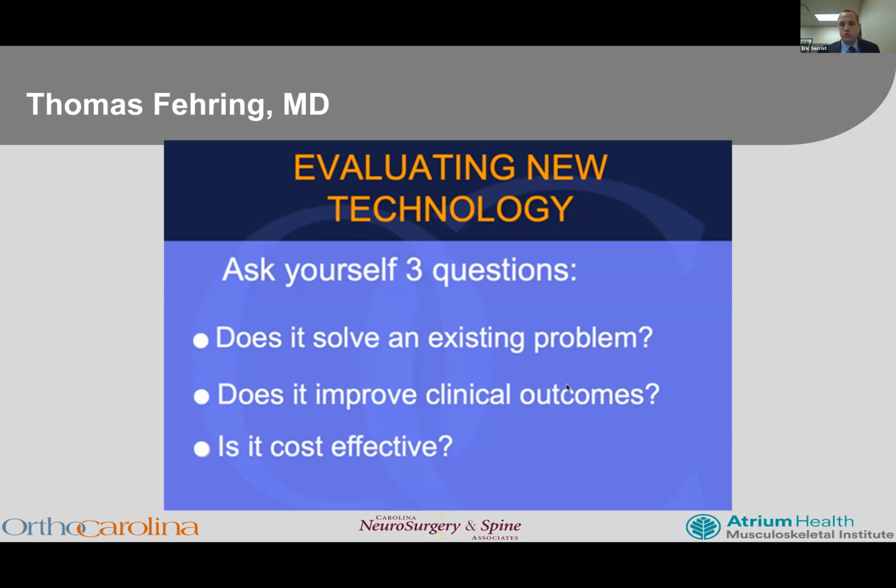And I would just turn to the mortality slide at the beginning of this talk to say, absolutely, this is a huge problem. And so we should be open to new ideas and new technologies because we could clearly do better for our patients. The second and third kind of dovetail together: does it improve clinical outcomes, and is